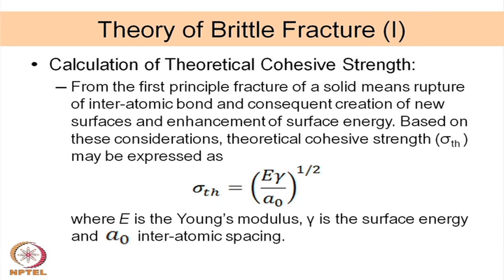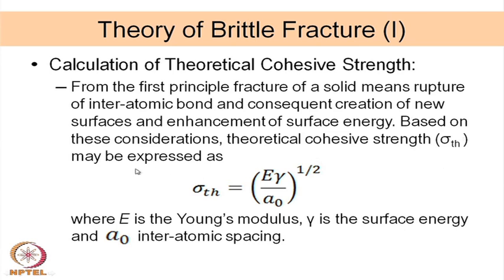So, whenever there is a fracture, not only is the bond broken, but you also create a new surface. Where there was no surface, with no solid-to-vapor surface energy, now you have two different surfaces, that means solid-to-vapor surfaces. So, two additional solid-to-vapor surfaces are created, and those are associated with some surface energy terms. Based on these considerations, we can talk about the theoretical cohesive strength, the theoretical strength of a material,